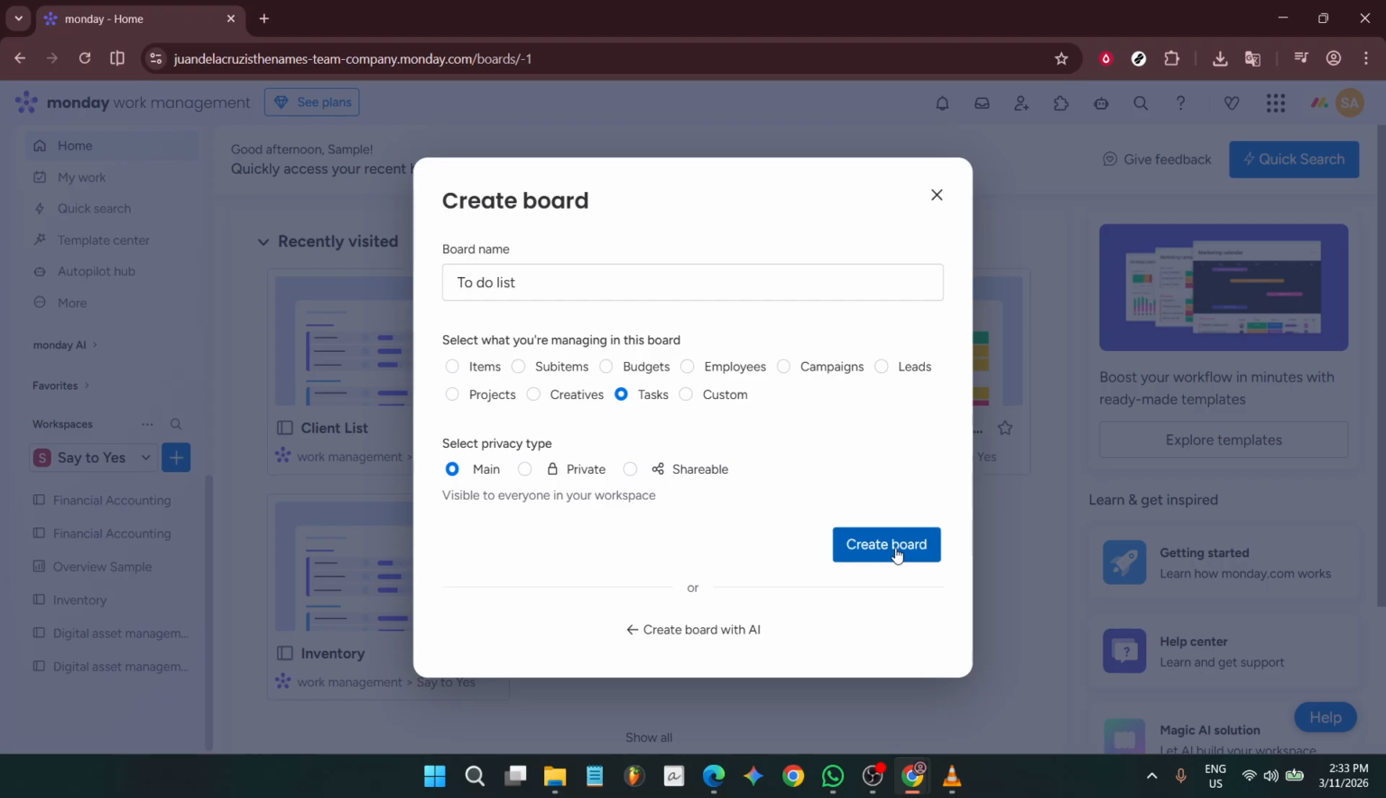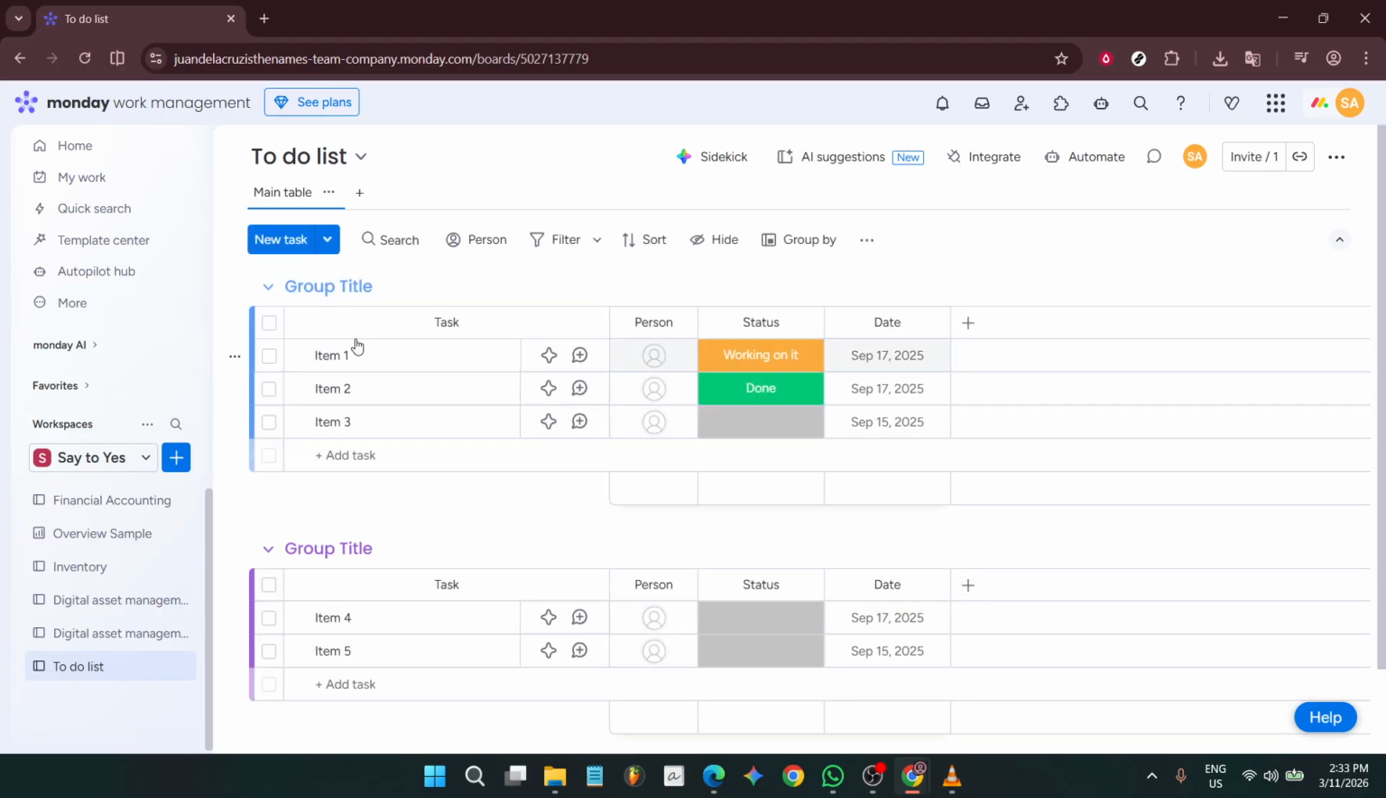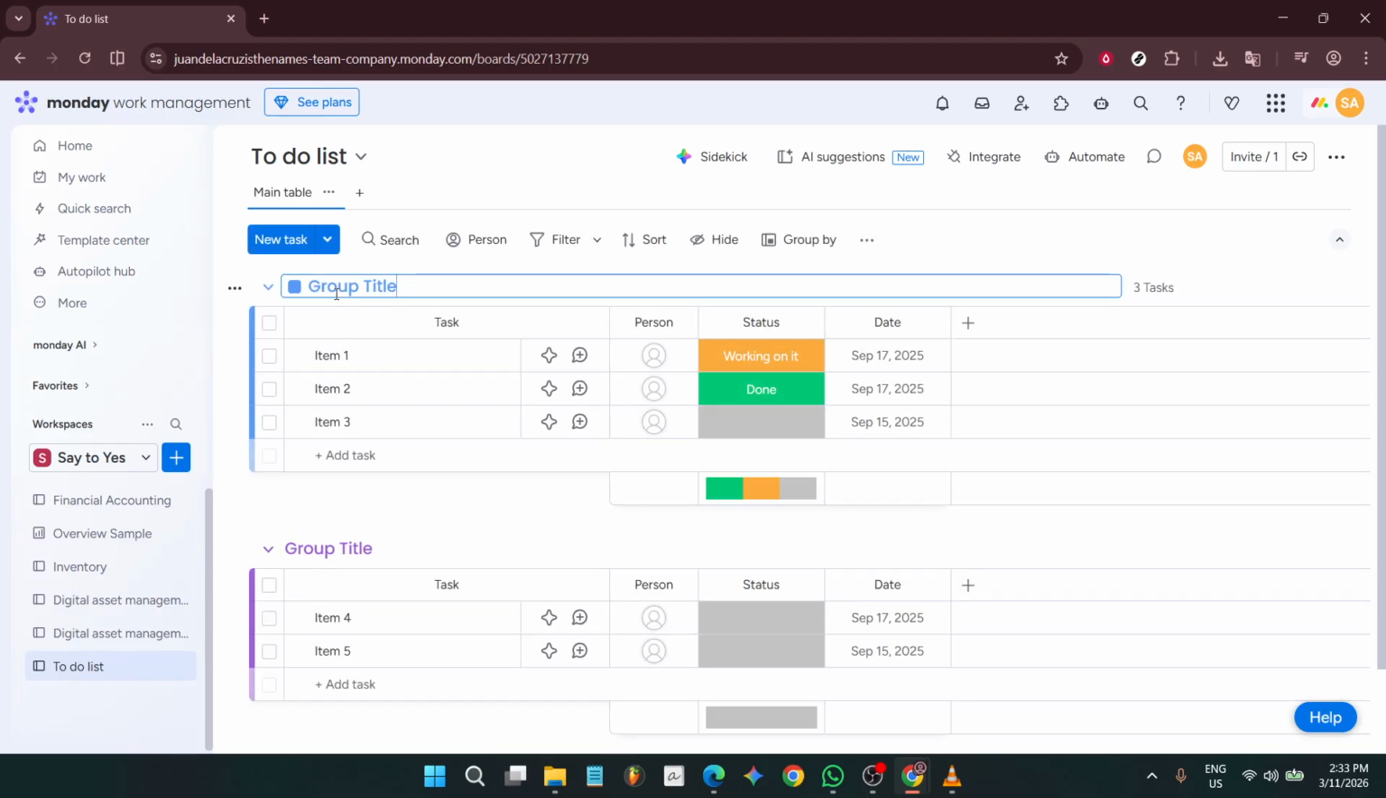You'll land on your fresh board with a default group at the top. Click the group title and rename it to Week 1. Groups are a great way to chunk your workload, and naming this first group by week makes it easy to plan and review at a glance. Under that group, you'll see a few default items. Click the first